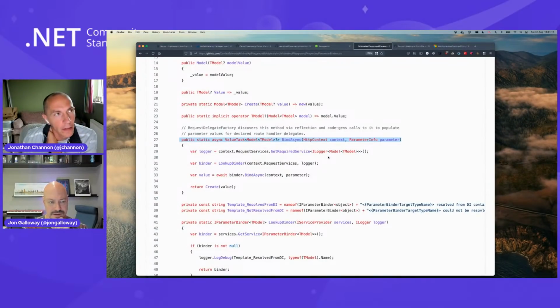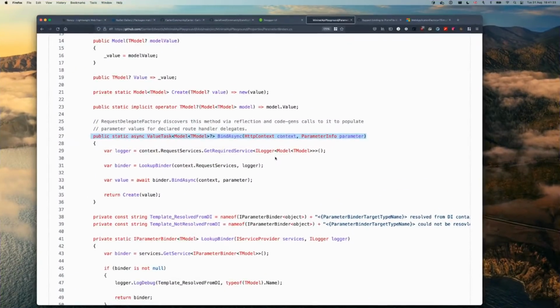And again, if you want to keep your dependencies to a minimum, and there is a case where you have to have some funky binding, then you just create a method in that object and away you go. There's no massive dependency tree or anything like that. You're in complete control of how that object gets returned from the binder.